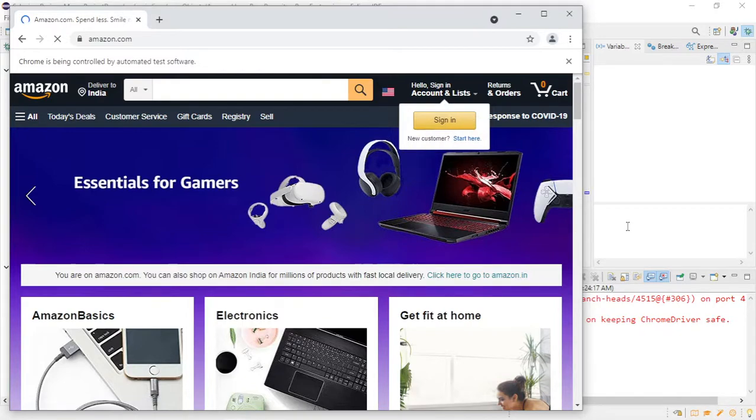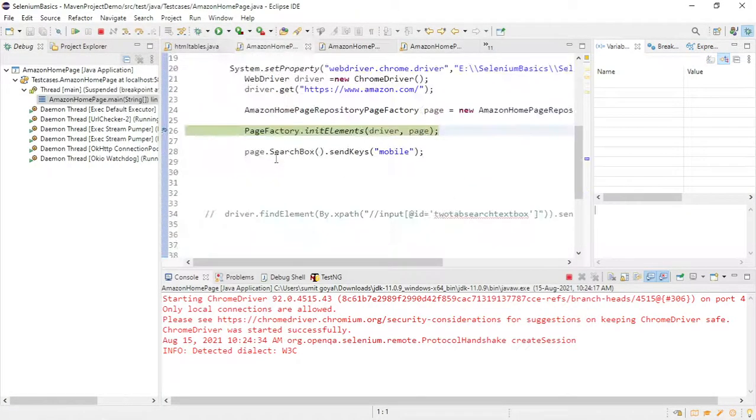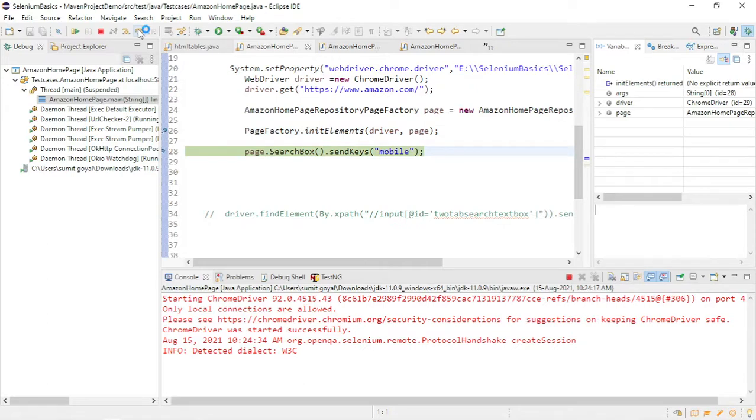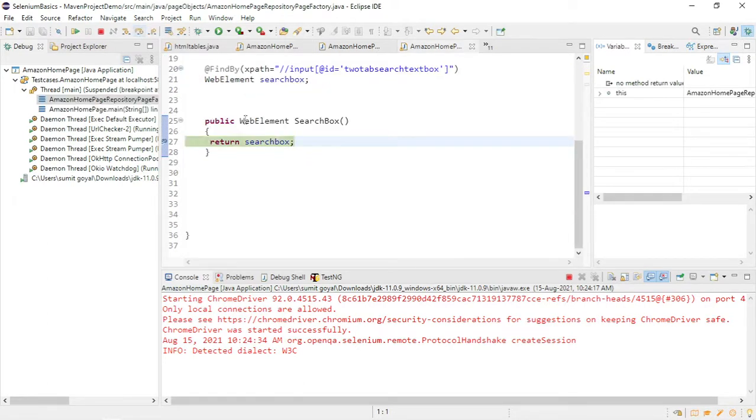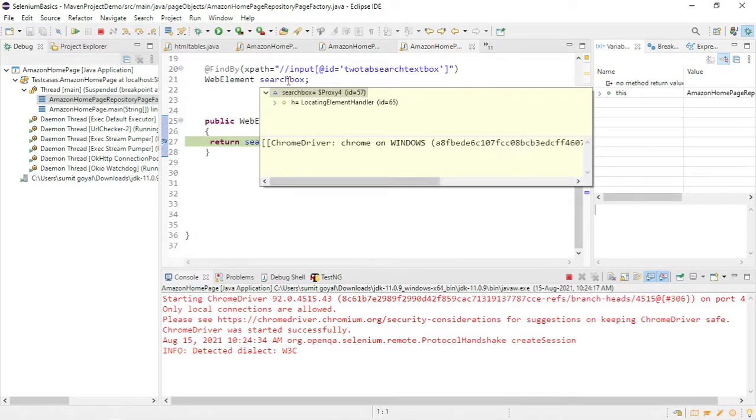It is started. So now we are here. Once this is called, it will automatically initialize all the elements. So it is taking some time. Otherwise you will get null if you do not write this line. So now if you go inside again, earlier we were getting null here, but now you can see